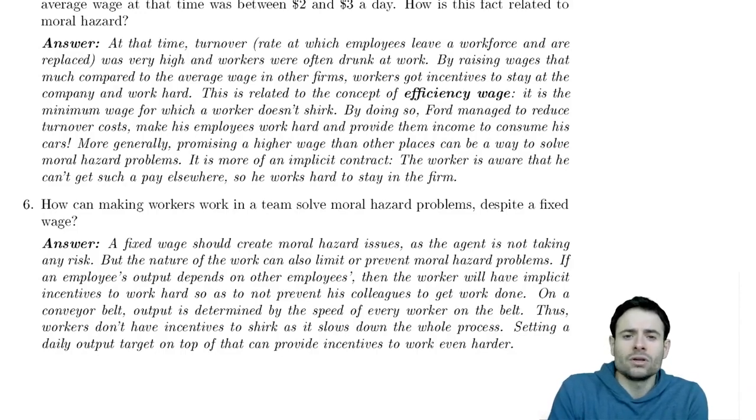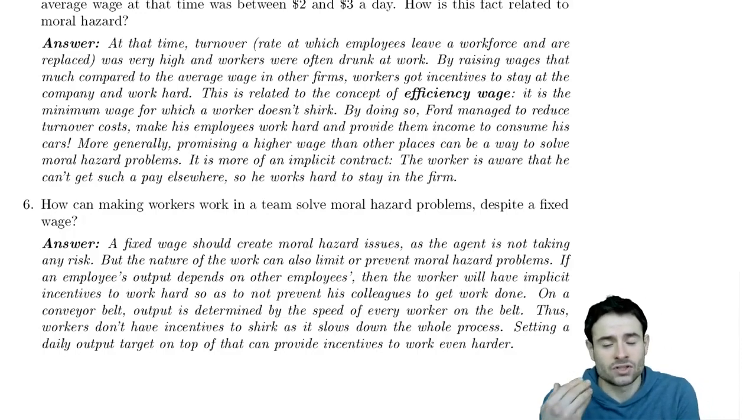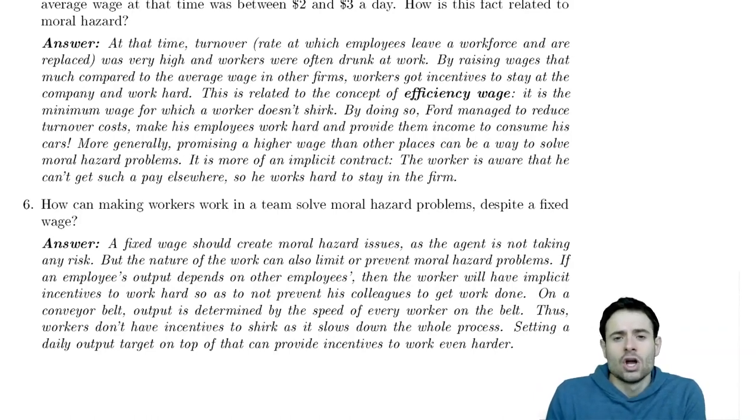Typically, a worker who knows that his efforts are not observable will engage in lazy behaviors. The principal, the employer, might want him to engage in a hardworking behavior. If it is not observable, it might be difficult. A way to solve this problem is to expose the agent to risk.